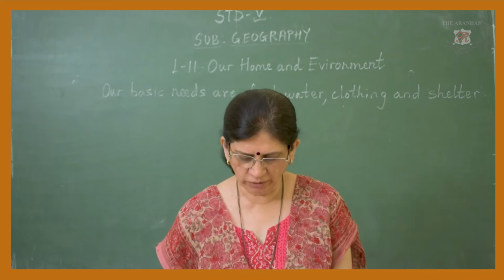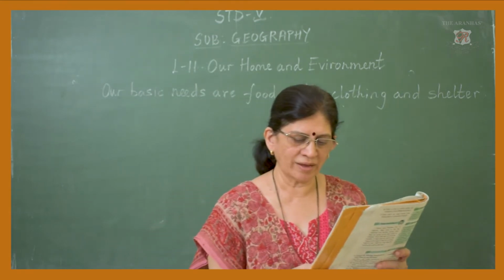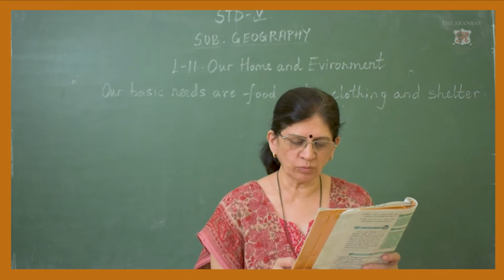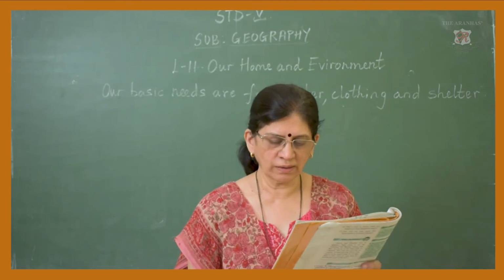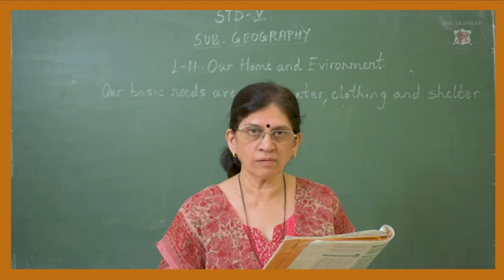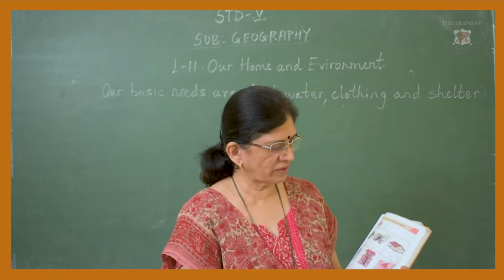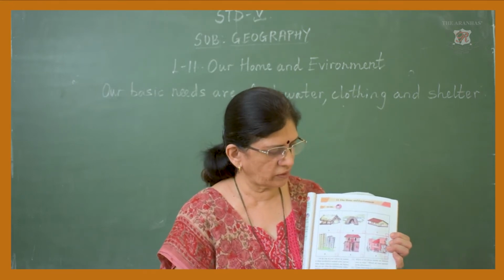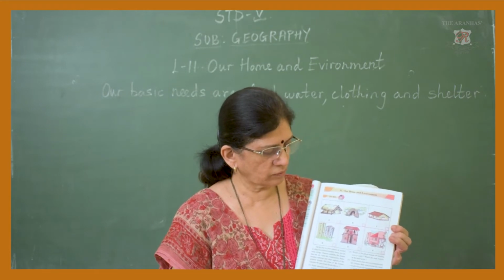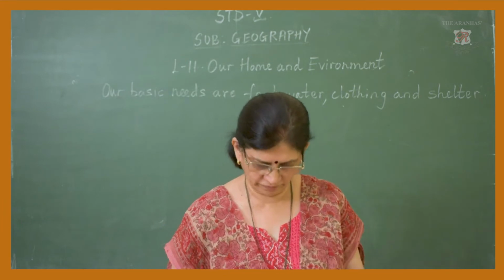They have asked you to think about your own environment and the climate there and choose the most suitable house for yourself by putting a tick in the box near the picture. So you can see your environment, where you live, and then accordingly you put a tick on the house in which you would like to live.